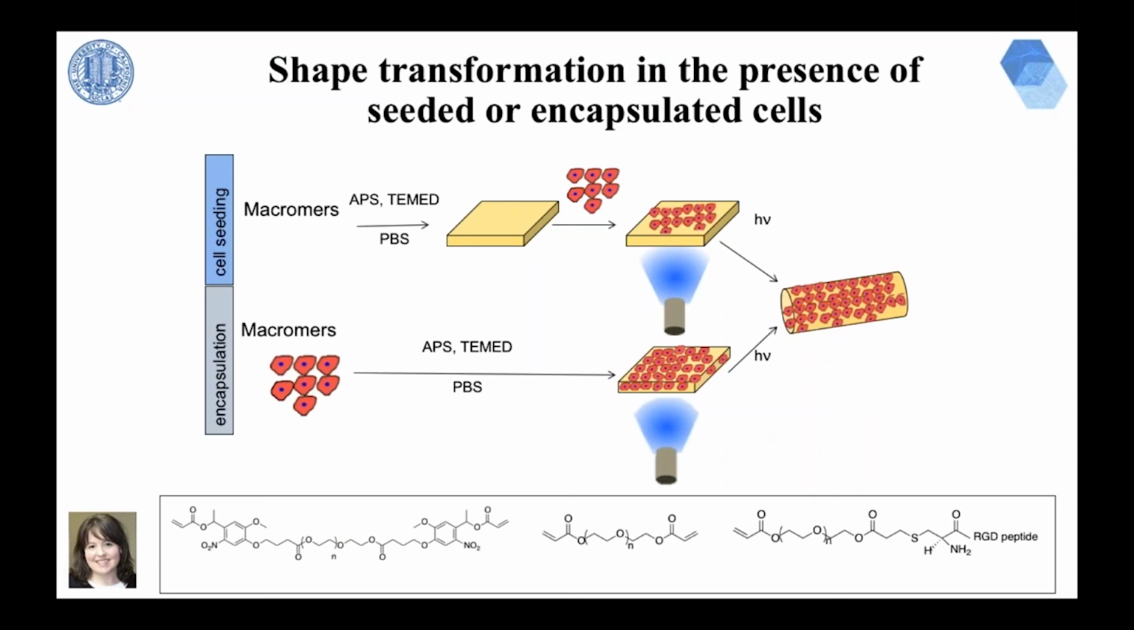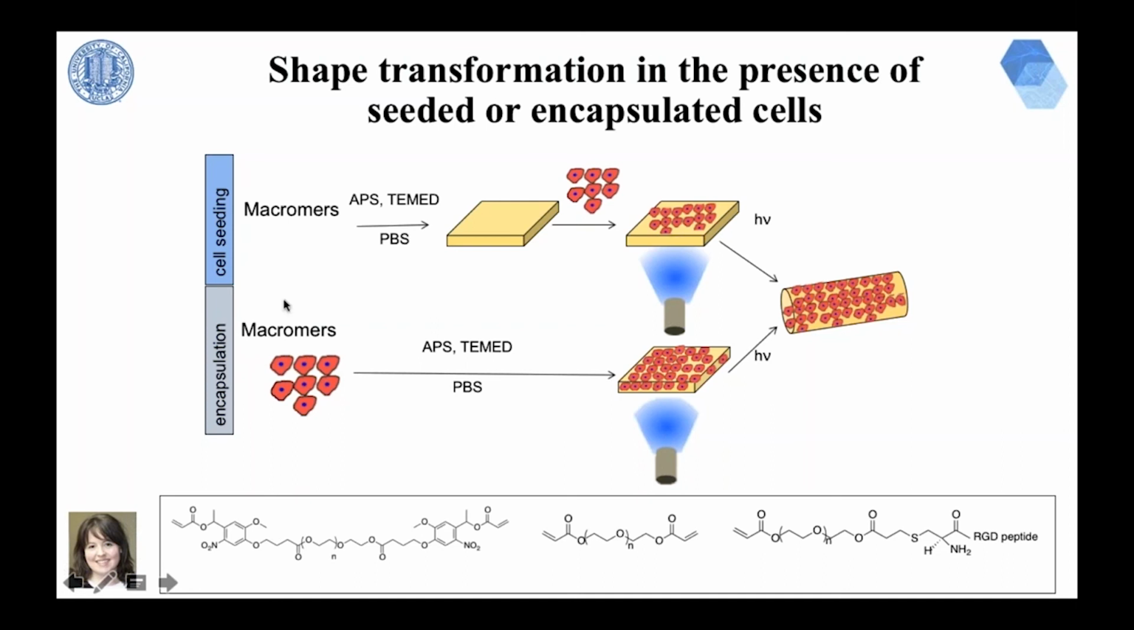And there are two different ways we envision doing this. The first one is where we take our macromers, our photodegradable group macromers shown here, and we co-polymerize it with a non-degradable PEG to form a hydrogel sheet. We can then seed cells onto that sheet, expose it to light from the other side, and it should naturally